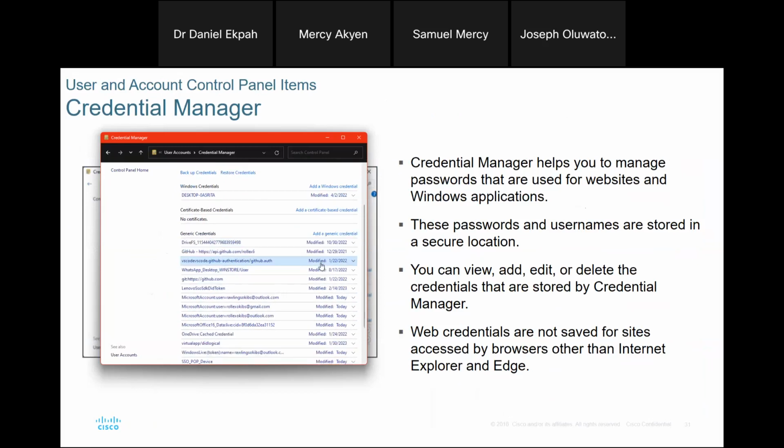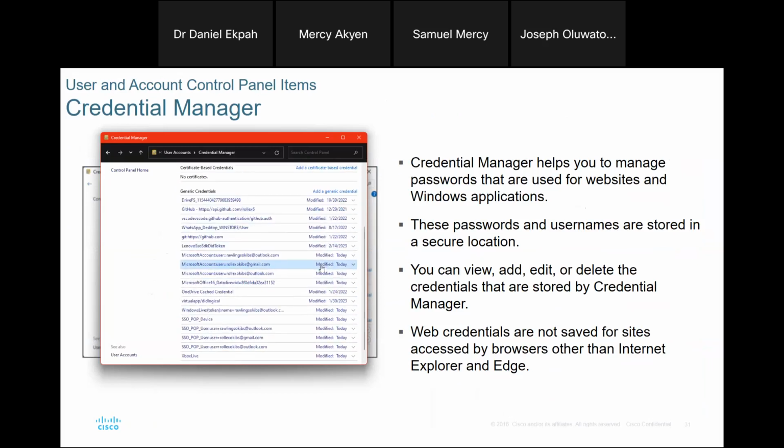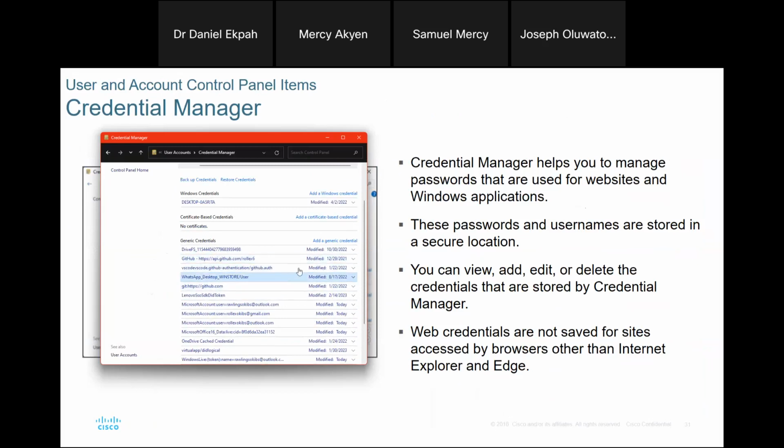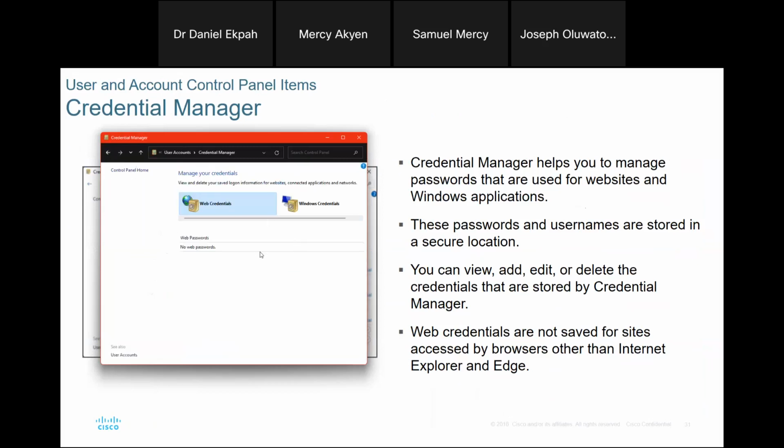I can remove the passwords from the computer system here totally, and websites will not have access to this. So you can see that your password is actually stored in a secure place, and attackers from online can penetrate your computer system and find this folder where it is actually, in order to get hold of your passwords or credit card information. So for those of you that have used your credit card and you saved it on your browser, you are at risk, because if an attacker attacks you, you might not be able to defend yourself. Okay, so